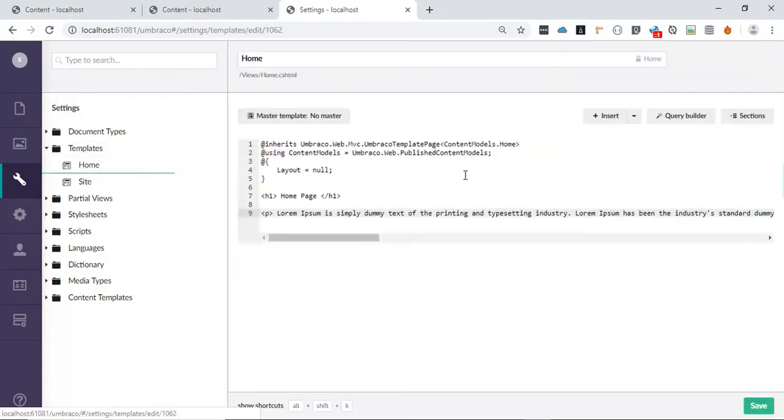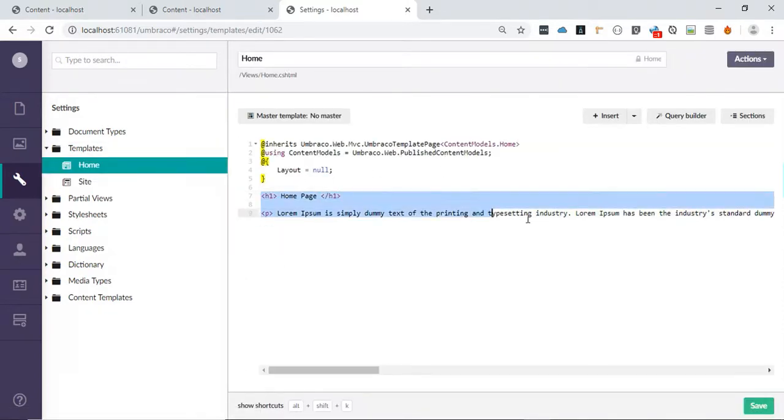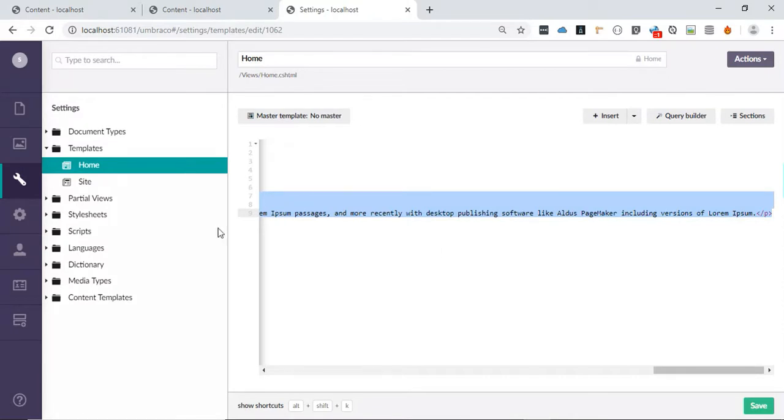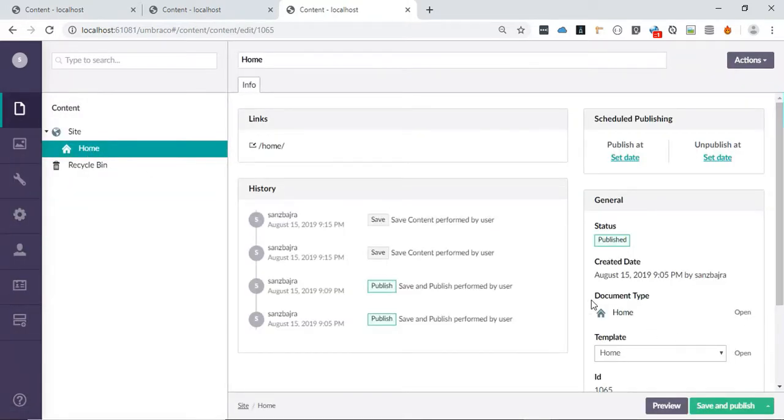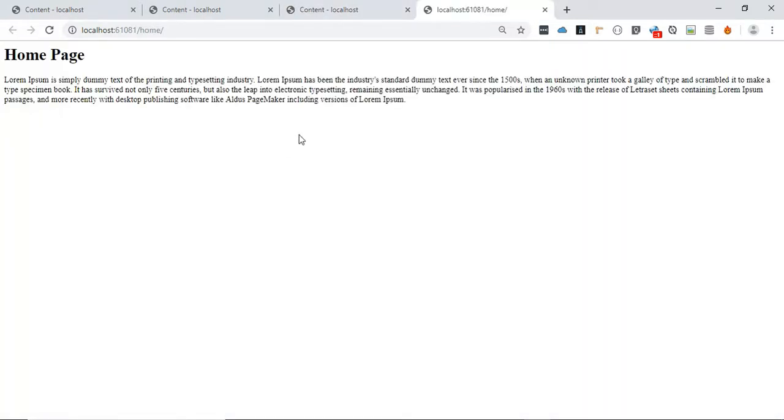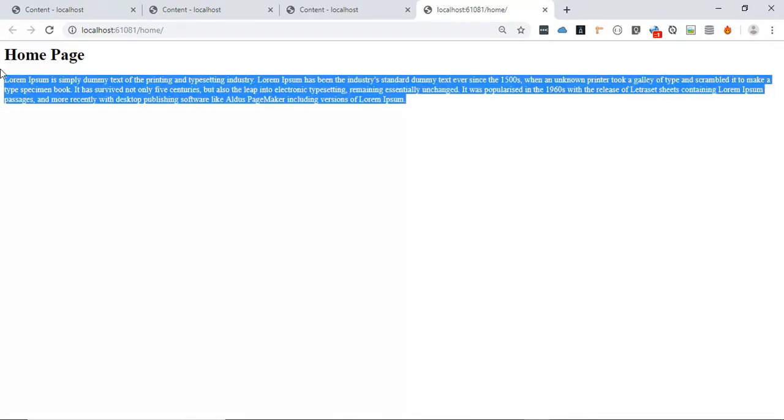In the template I added some content. So if you preview the page, you'll see some content with the home page and some descriptions,